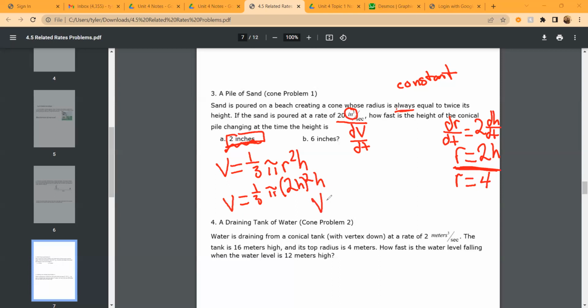And so now this gives us V equals 4/3 pi h cubed, which is great for a number of reasons, but also kind of looks like a sphere. We're going to change this with respect to t. So we're going to take this derivative, and this gives me dV dt